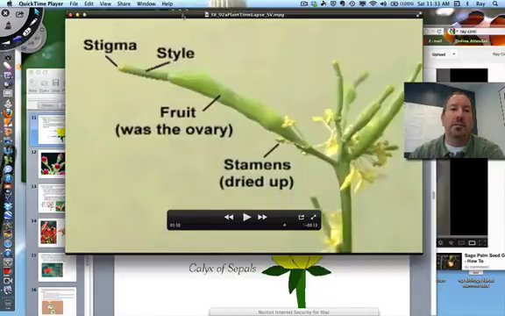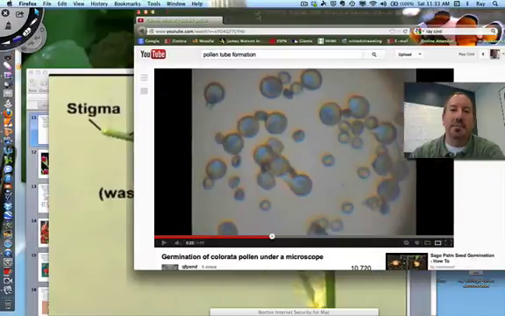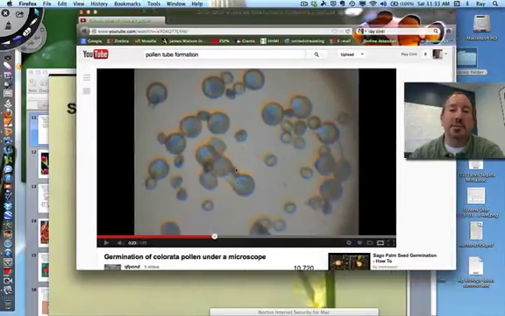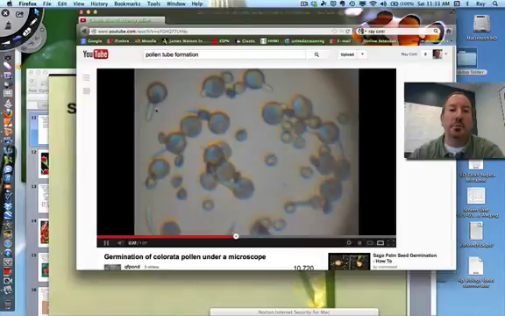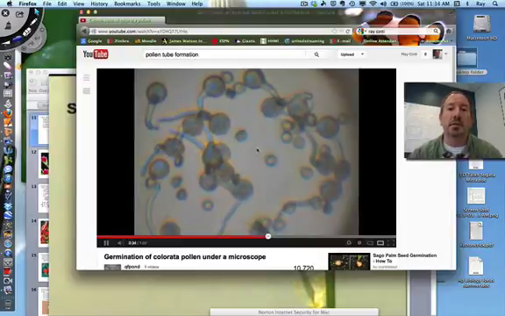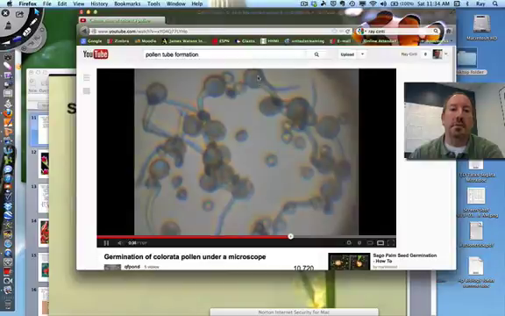And I know that sounds a little bizarre, but let me show you this. I'll come back to this in a future video, but I find this kind of remarkable. This is pollen. So not a seed, this is pollen, the male gametophyte. And so the pollen is capable of producing these tubes. They sort of look like little worms or roots that are extending from the pollen. So it's literally known as the pollen tube. And what's going to happen is the nuclei of the pollen, the generative cell, and the pollen tube cell will